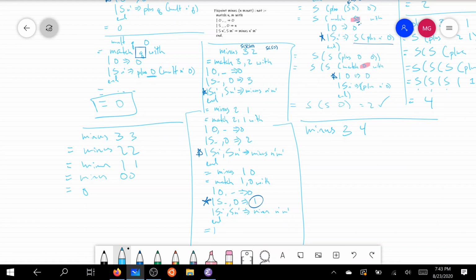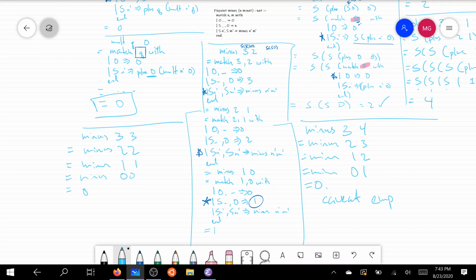Okay, let's look at minus 3, 4. You might already know what's going to happen here, but let's just go through the motions. We'll get to minus 2, 3. And then we'll get to minus 1, 2. And then we'll get to minus 0, 1. Okay, now we're again in this case, but now it's really truncating. It's not giving us the right answer that you know from the integers. It's giving you this truncated 0,